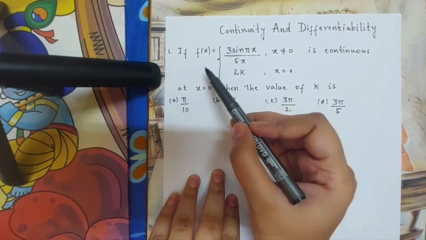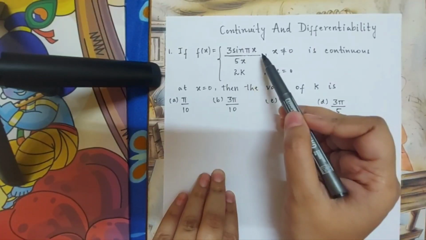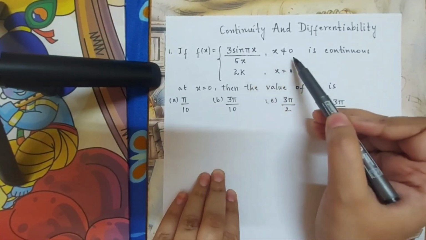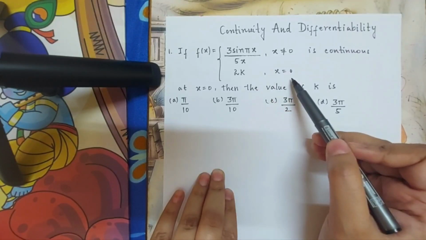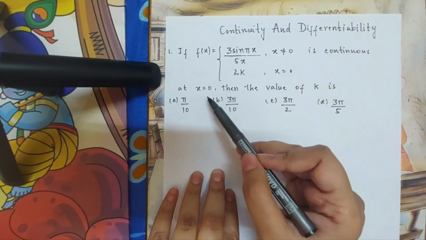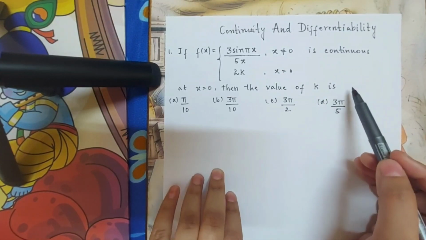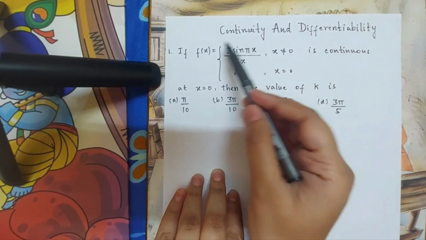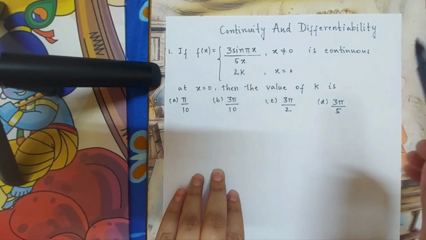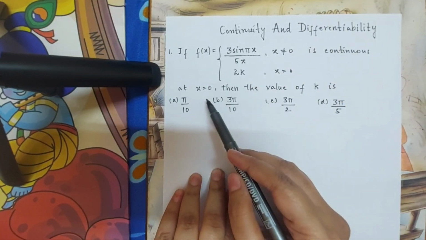Let me read the first question. If f of x is equal to 3 sin pi x divided by 5x at x not equal to 0, and 2k at x is equal to 0, is continuous at x is equal to 0, then the value of k is. So in this question, we are supposed to find the value of k such that this function f of x is continuous. Since it is already given that the function is continuous at x is equal to 0,